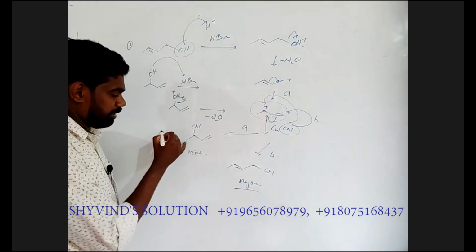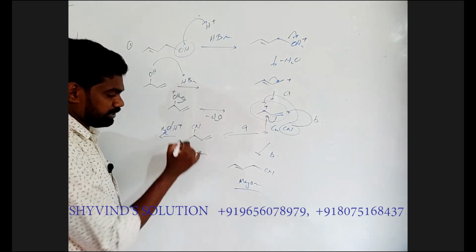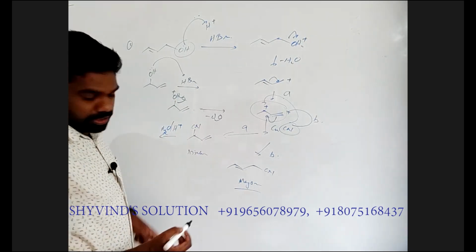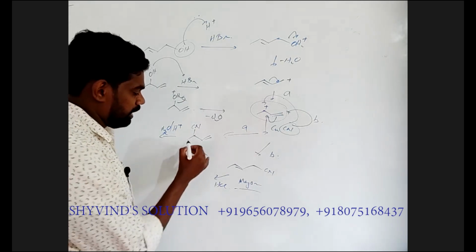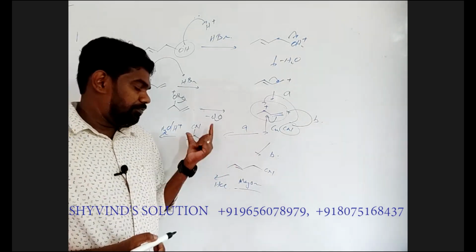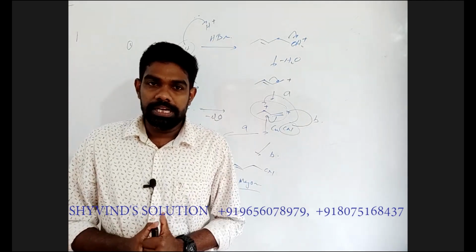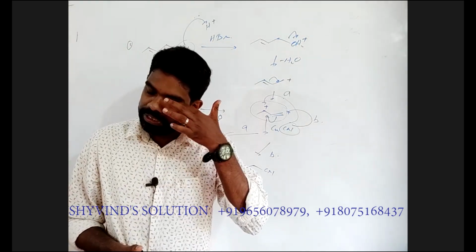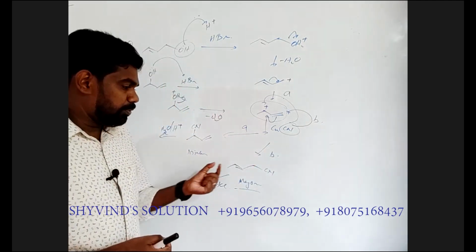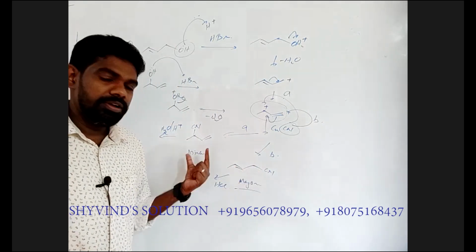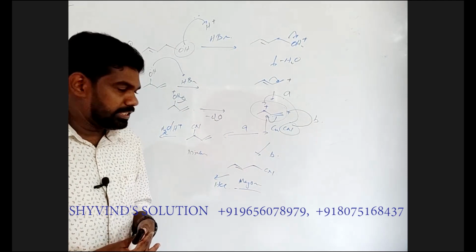And if we are hydrolyzing this one, H3O plus, here we are given concentrated HCl, both are the same. Concentrated HCl will give you the hydrolysis. But if we have a CN, we know hydrolysis of CN will give you carboxylic acid, but there is a condition for that. Only primary CN will give you acid. Okay, secondary CN will not undergo this type of reaction.